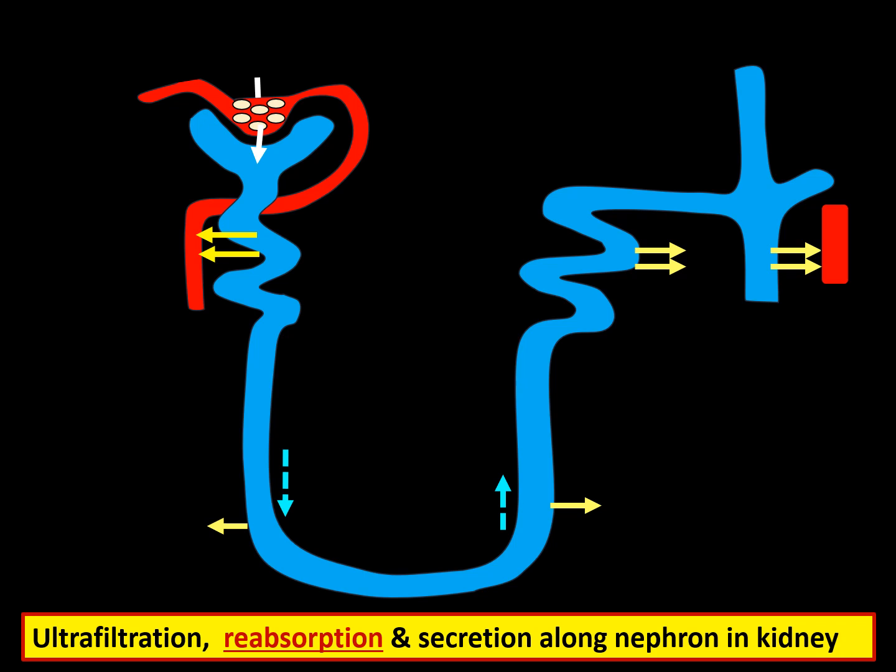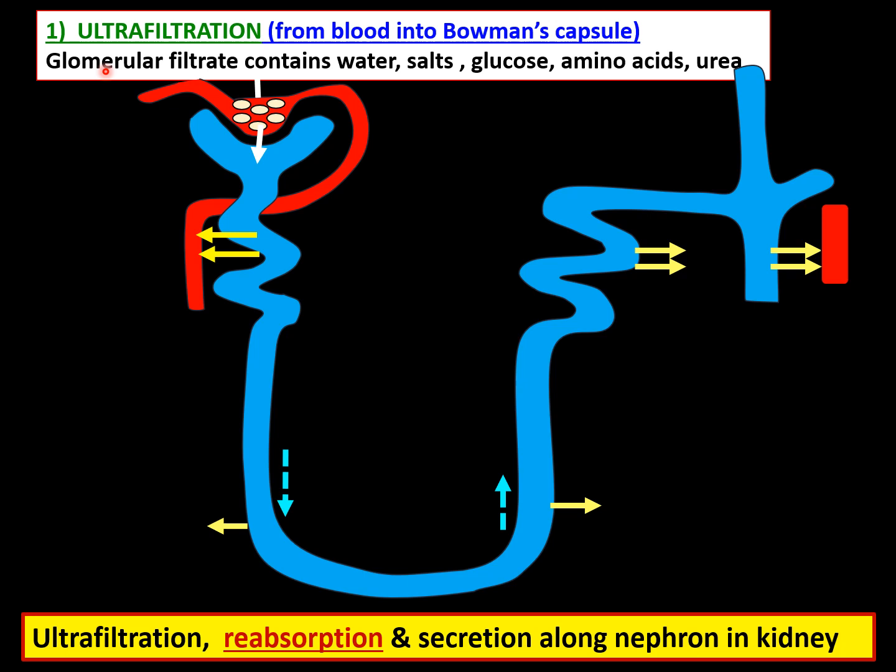Let's refer back to the same diagram of the nephron. We have already discussed the first process that causes the formation of urine, and that process is ultrafiltration. So ultrafiltration occurs when certain components of the blood are forced from the blood into the Bowman's capsule. So this forms the glomerular filtrate, which contains water, salts, glucose, amino acids, and urea. And we can see here that there are some useful components like glucose and amino acids. So the body will get back some of these useful substances